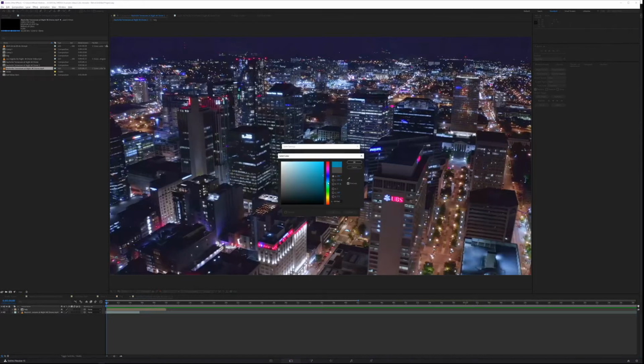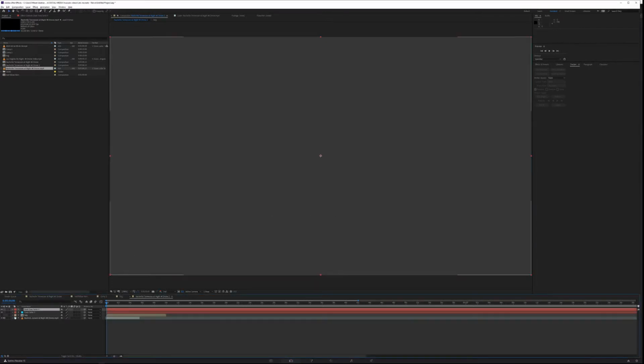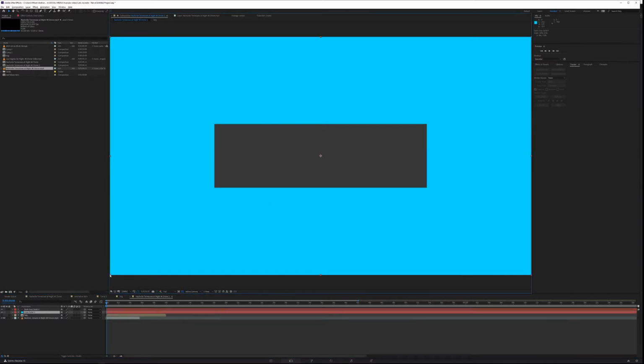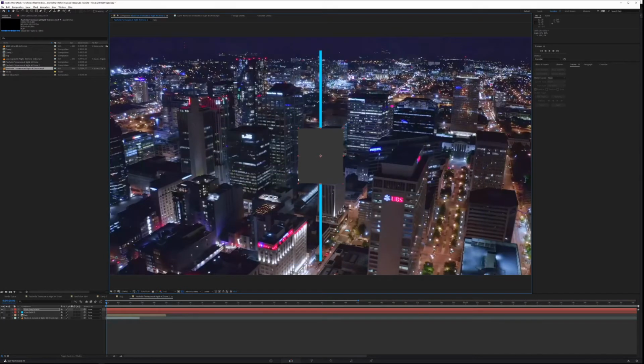I'm not sure exactly what color I want to use, so I'm just going to play around with it and find the one that works for me. Then we're going to go and create a second solid, which is going to be our flag background. This is going to be like a nice gray opaque wall, and I'm going to show you exactly how to make that. First thing I'm going to do is make it a bit smaller. Same thing with our flag. We're going to make our flag just a thin wall for now, and then this is going to be our flag background. It does not have to be properly sized, so we're going to go and mesh these two up to an acceptable size,